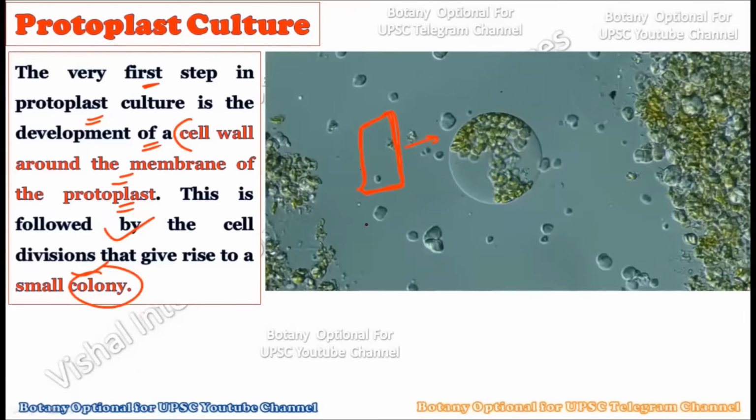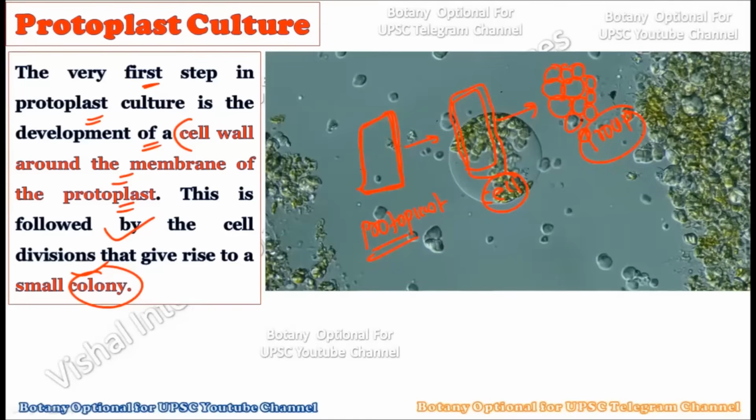That is, first there is only the protoplast, and after the protoplast gets a sufficient amount of the nutrient medium, it will ultimately develop the cell wall around it. Okay, and after creating the cell wall, there will be division in the cells, and a small clump of cells is formed in subsequent time. So this is the general procedure in which the starting material is the protoplast. After that, the complete cell will get created, and after that, the group of cells will get created over a period of time. But this is not that simple.